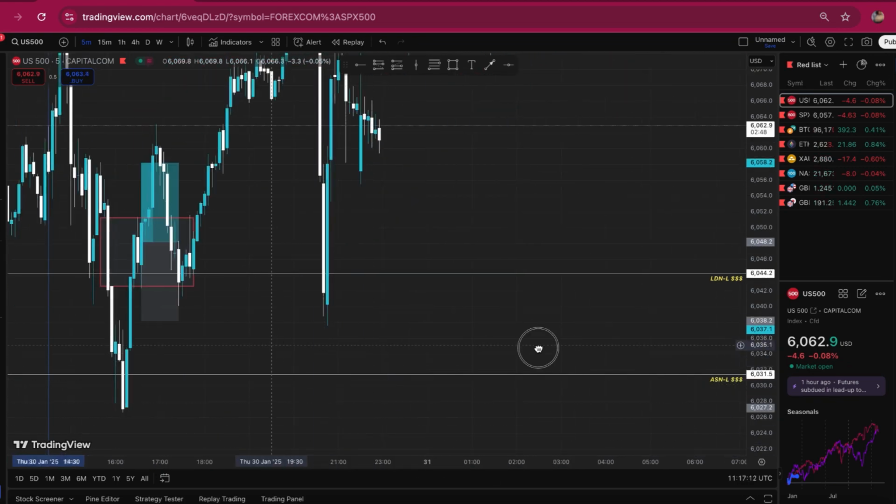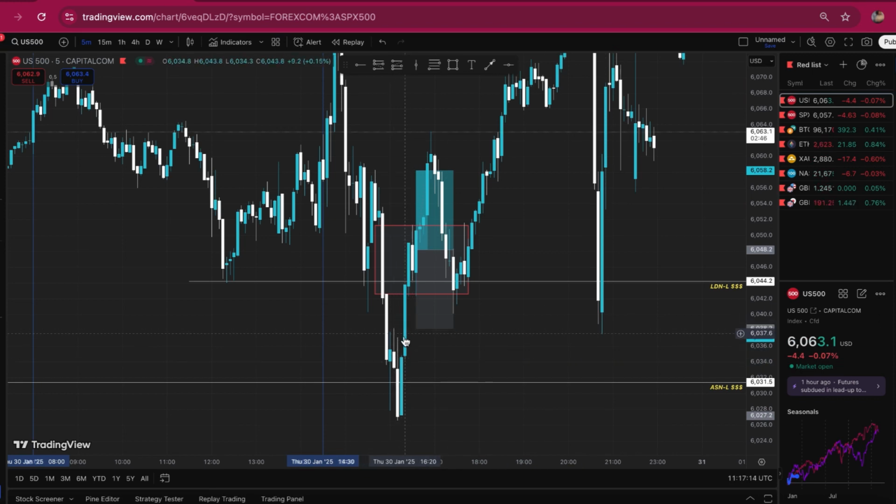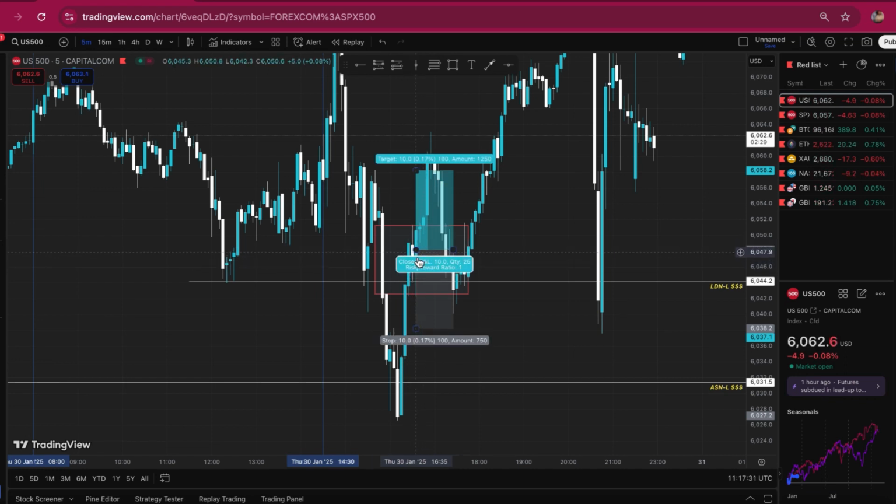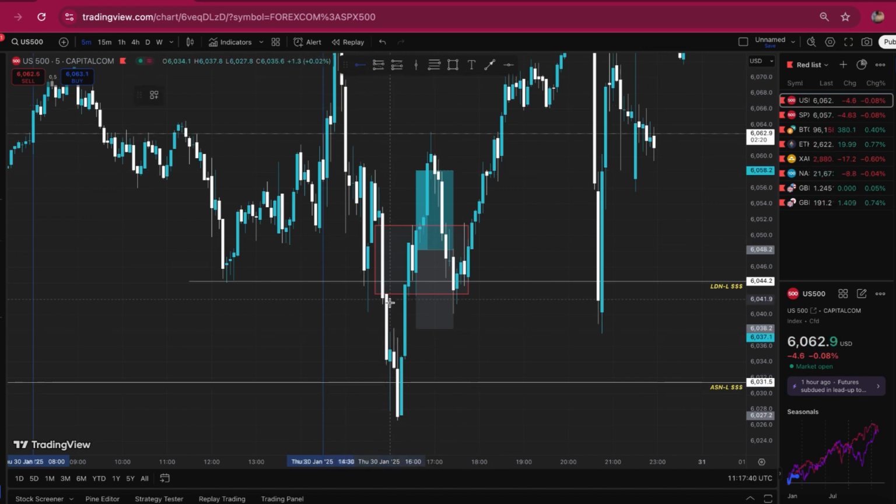And then what happened following that? So you had this big push up, which broke structure, and then you got the invalidated fair value gap. I think on this trade, when it pushed up, I then waited for price to come down a little bit, and then I got into the trade. But usually it would be, okay, so we have this break structure, this boom down, 5-minute break structure, plus the invalidated fair value gap in here,